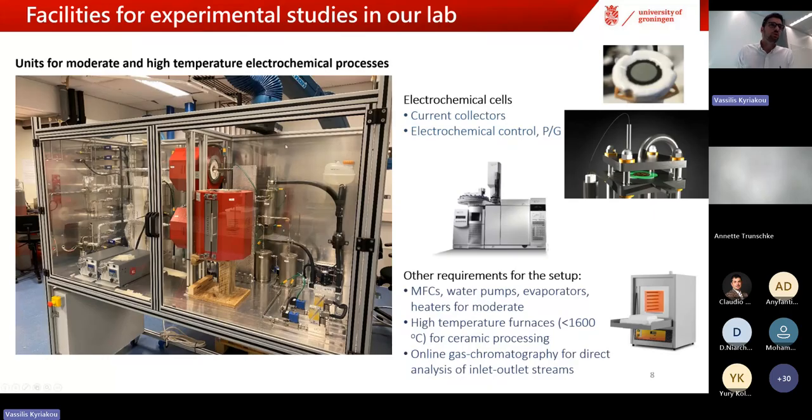People know it. So even if you want to test very small reactor cells, like the one you see here of 25 millimeter diameter that we make in the lab, you still need a whole system like this one to be effective. You need mass flow controllers, high temperature furnaces, condensers, etc. We connect the exit of these reactors and always monitor the products and reactants, with gas chromatographs for online analysis, or even a mass spectrometer for more qualitative analysis.